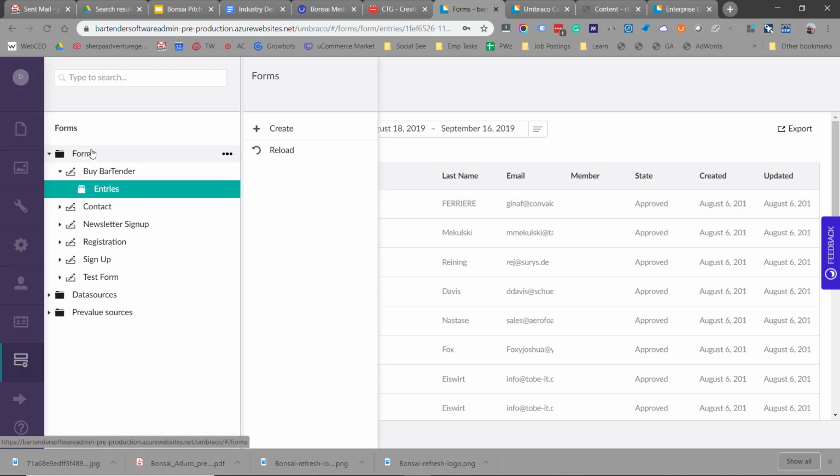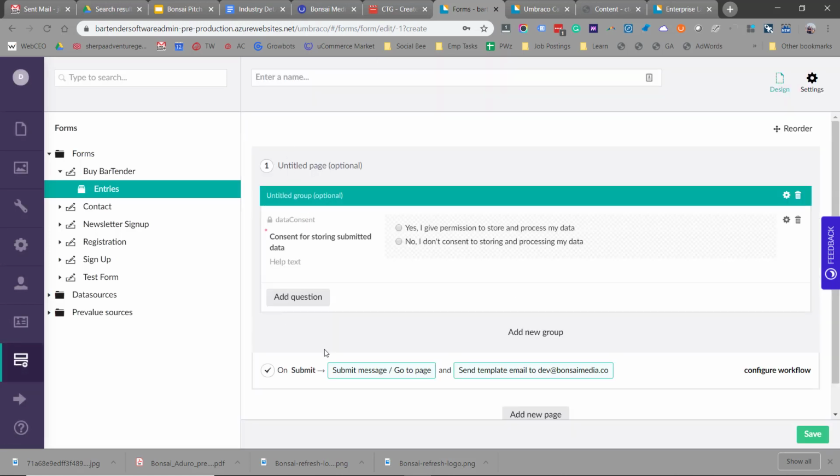If I want to create an additional form, I can just come here, click create, and start selecting the fields that I want to go in here, as well as I can choose the routing. So on submit, submit message and go to a specific page, and then send a template email to whomever the email is